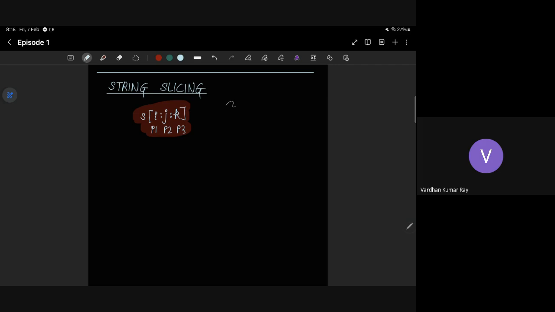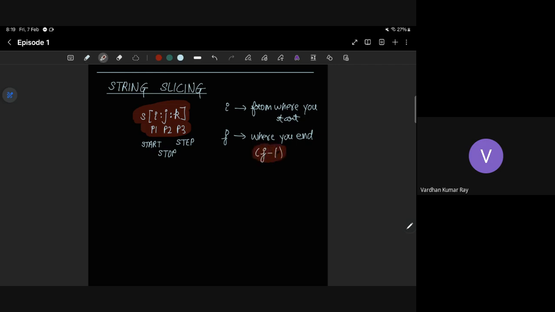So i is where you start. Something which people make a mistake about a lot: yes, somebody wrote start, stop, and step. Yes, that's a nice way to write it. Thanks. Start, stop, and step, right? But in Python, j is where you end, but this ending is not at j, it's at j minus 1. So we will see that, right? And k is the step, how many steps you take.